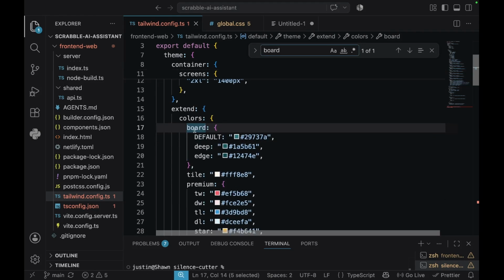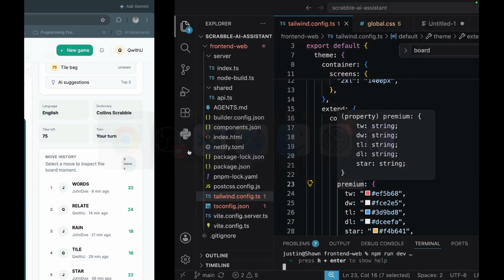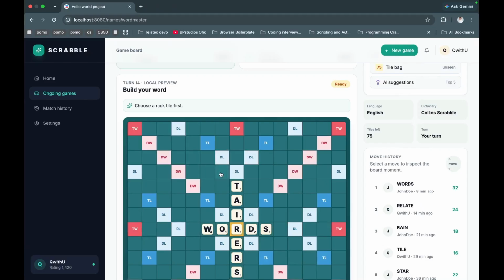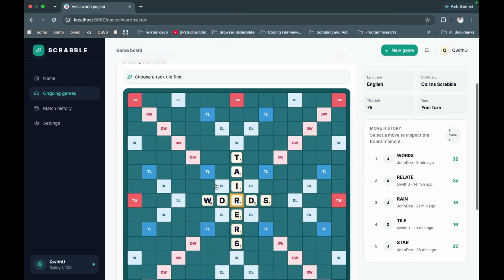And you can also see here board, tile, and premium. Where did these names come from? As you can see, this color, this empty tile, corresponds to this kind of shade. Even if you hover this kind of color, it shows the subtle changes. Even the premium tiles, TW, double word, TLDL, all of them correspond to this color of the CSS declared here